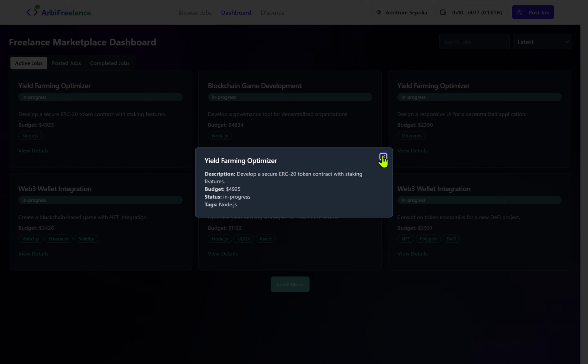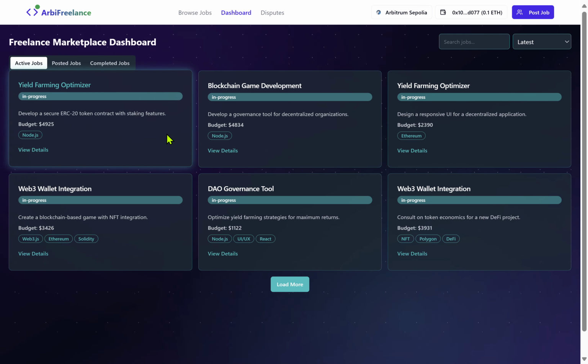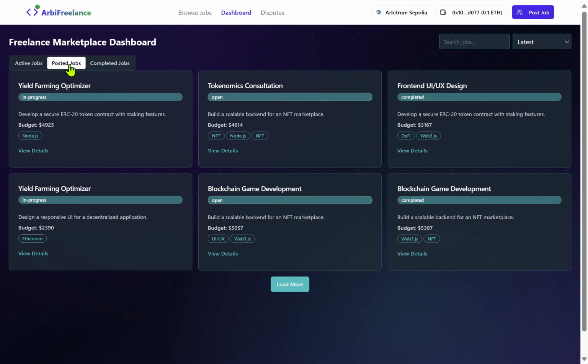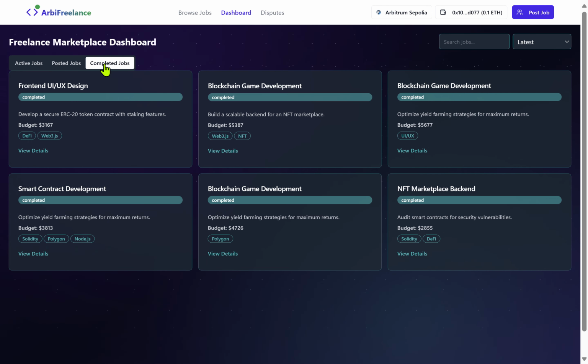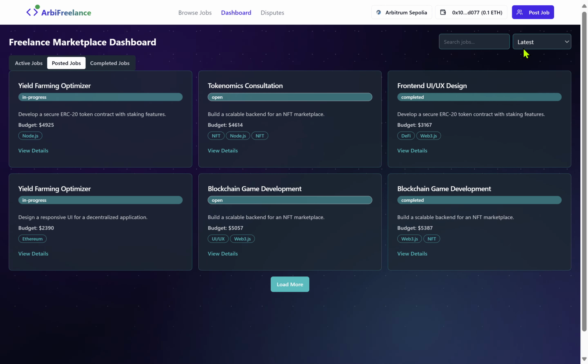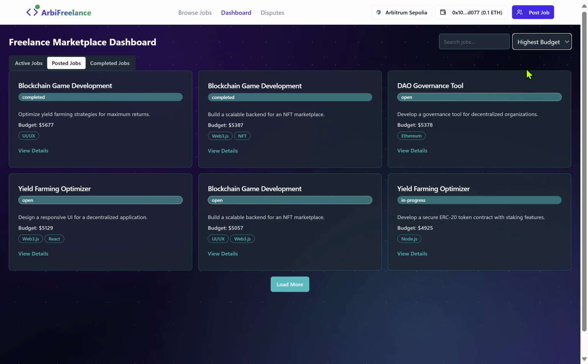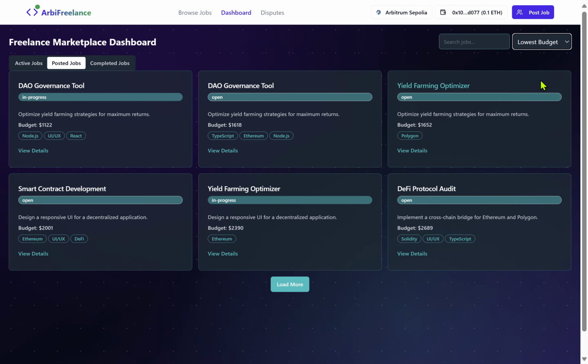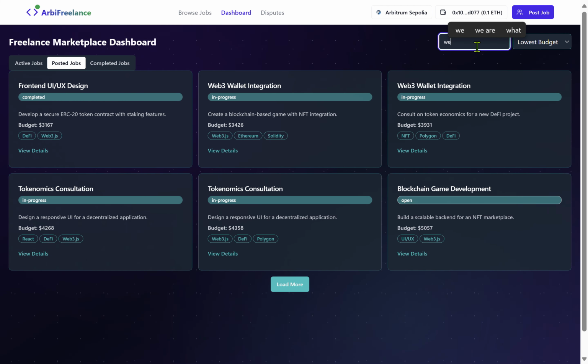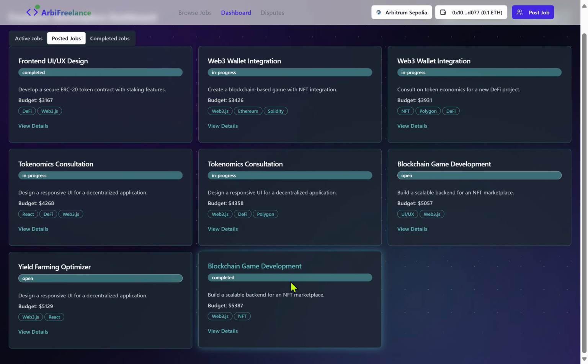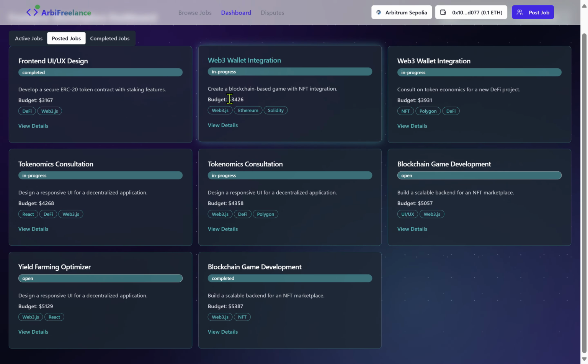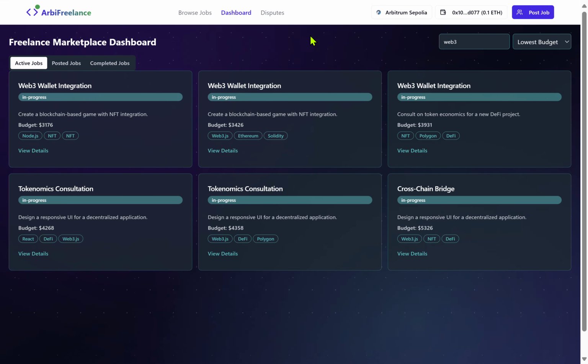He can view the details and he can apply to the job. He can click here: posted, in progress, completed. Can go here, sort by the highest budget, sort by the lowest budget, search for jobs, Web3. You can load more, and here it goes.